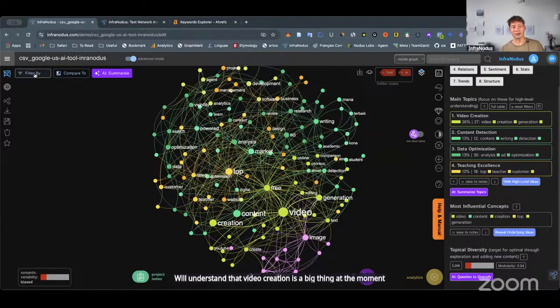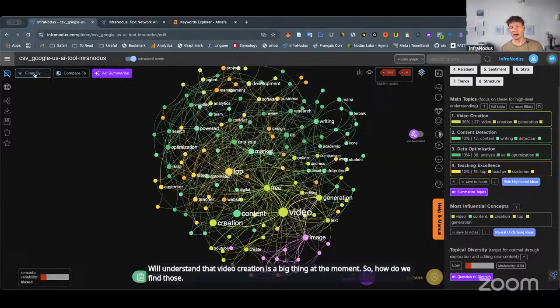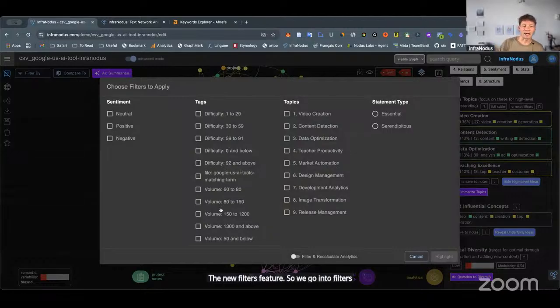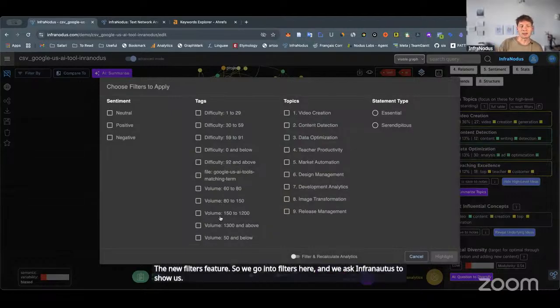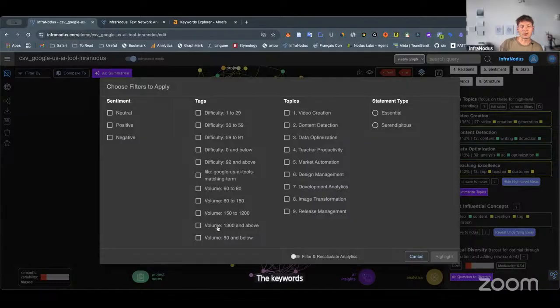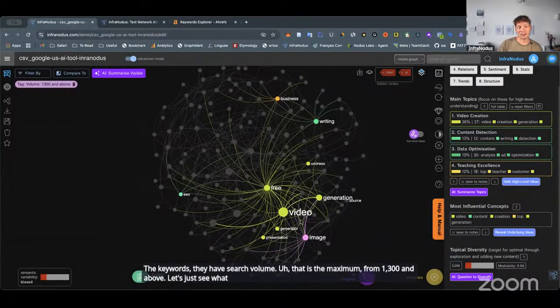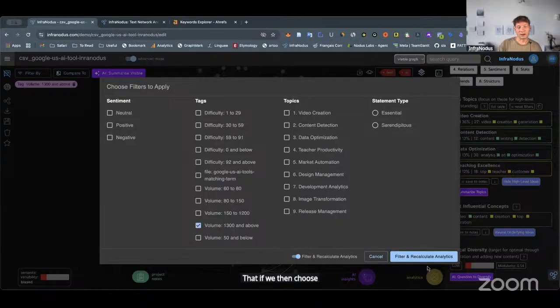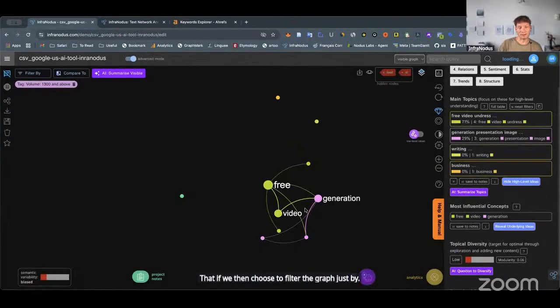So how do we find those low difficulty but high volume keywords? And this is where we use the new filters feature. We go into filters here and we ask InfraNodus to show us the keywords that have search volume that is the maximum from 1,300 and above. Let's just see what those keywords are. As I expected, video generation is highly competitive. There's high volume, and I'm pretty sure that if we then choose to filter the graph just by this category,